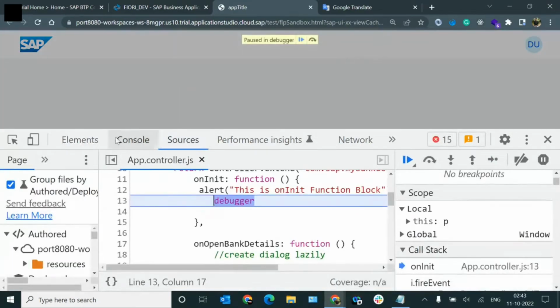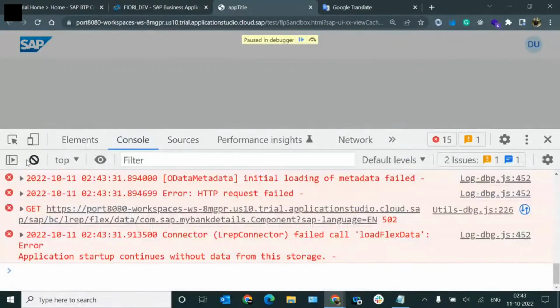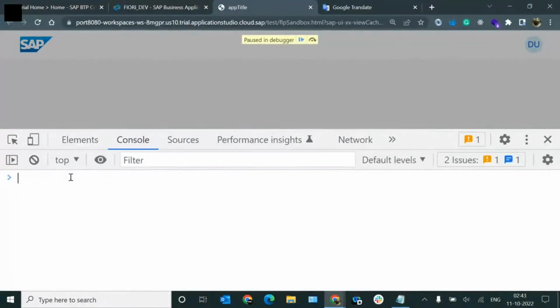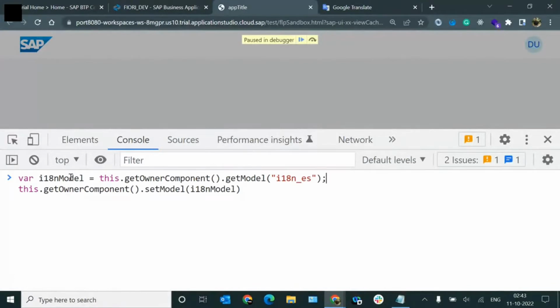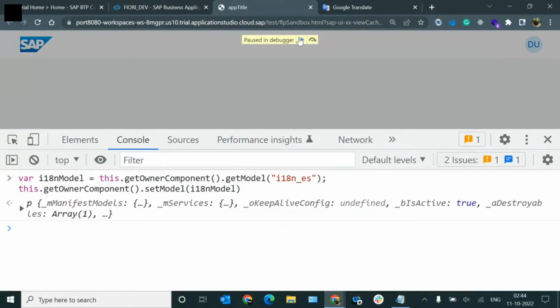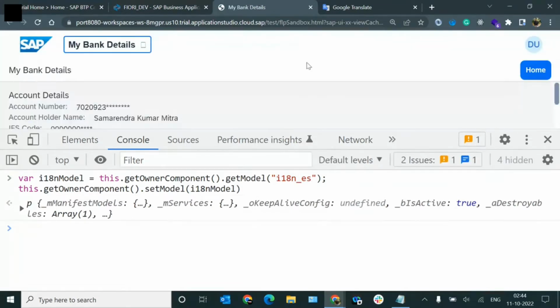Okay, debugger got triggered. I go to my console. First, we need to clear the console, and here I'm writing. First, I'm getting the i18n model by using this.getOwnerComponent().getModel(), passing the i18n_es model name, and then I'm setting the model for the entire application as i18n model. So this would be my default model from now. I hit enter, execute this code, and press the debugger,